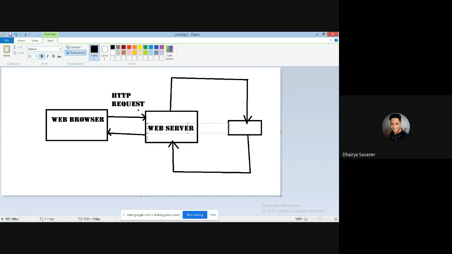Now, what happens is the server, as we just discussed, then the web server forwards